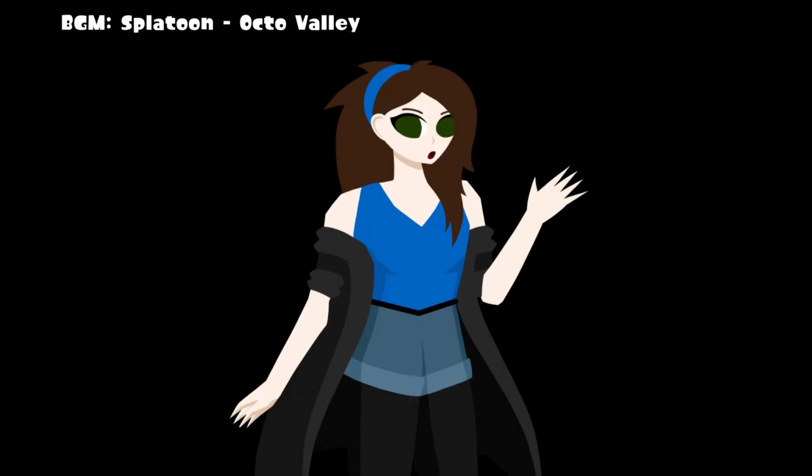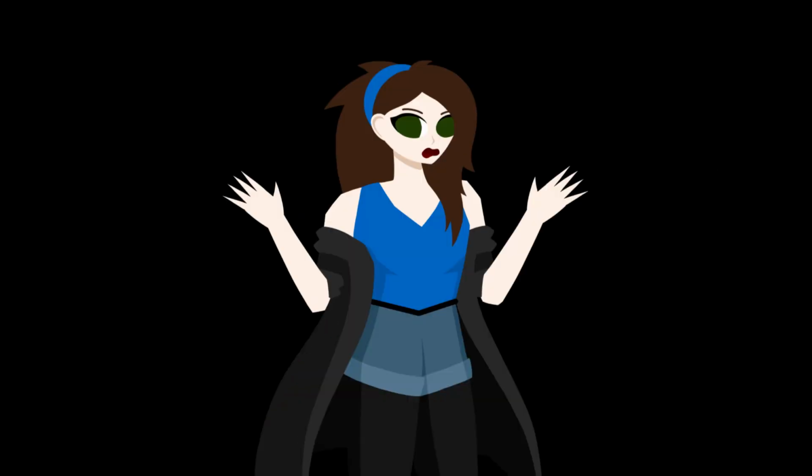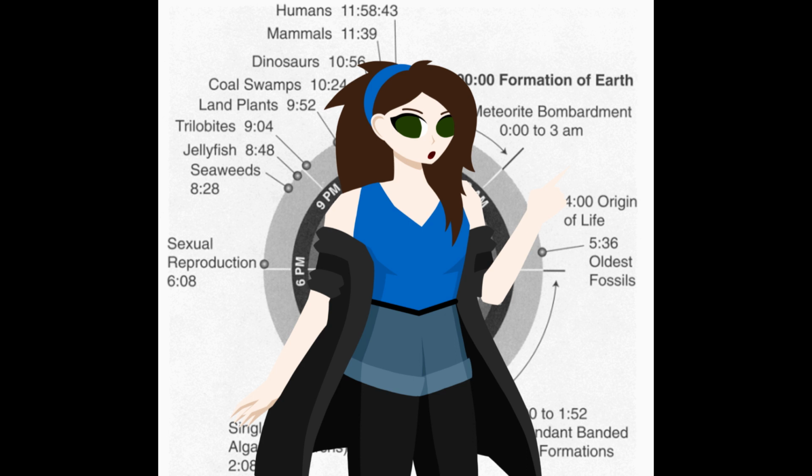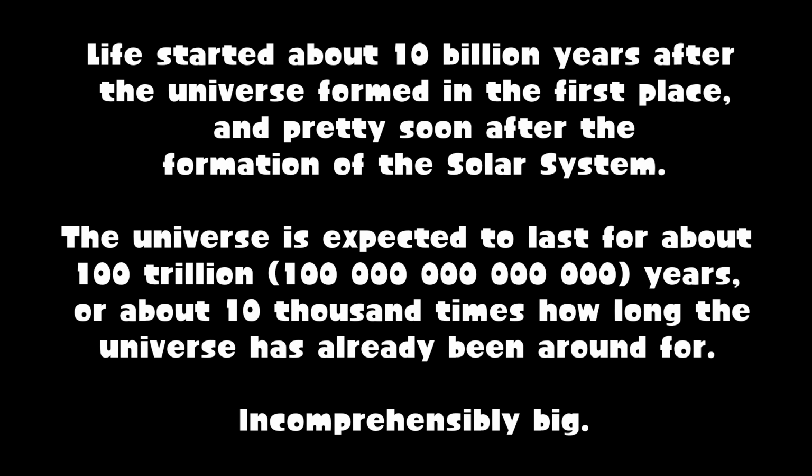So what did we learn today? Time is big. Very big. Very impossibly, incomprehensibly big. Even with models, it is impossible to truly comprehend the sheer scale of how long the planet and life have been around, and according to physicists, our solar system happened pretty close to the beginning of how long we expect the universe to be around.